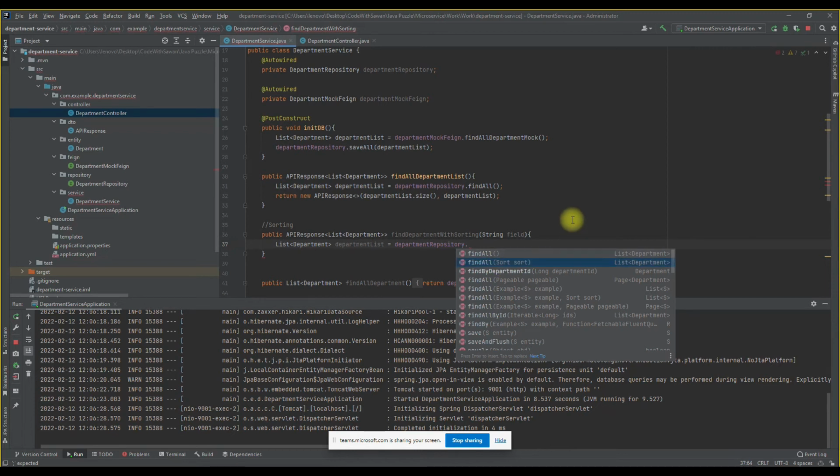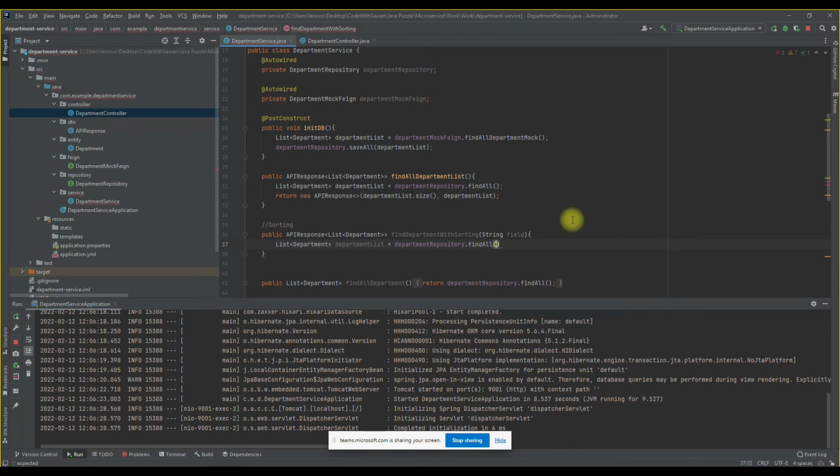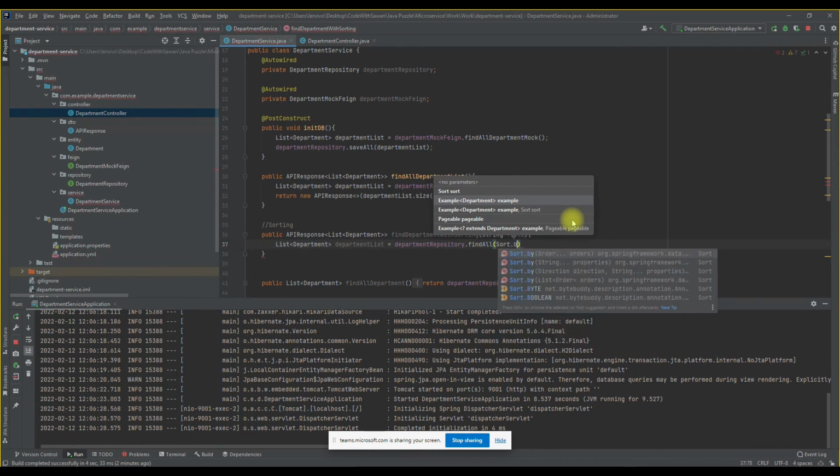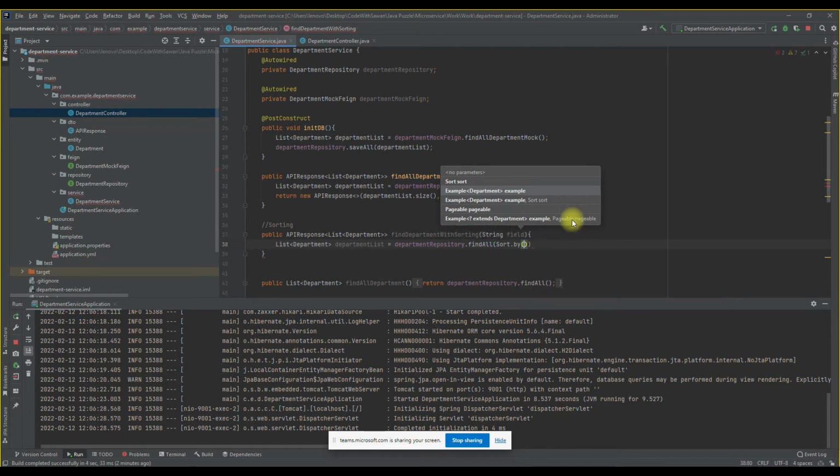So we are going to use find all with a sort. So here we are going to use sort, and here when I click on it you will see by. Okay, and we are using the first one, so sort by, and here we are going to pass